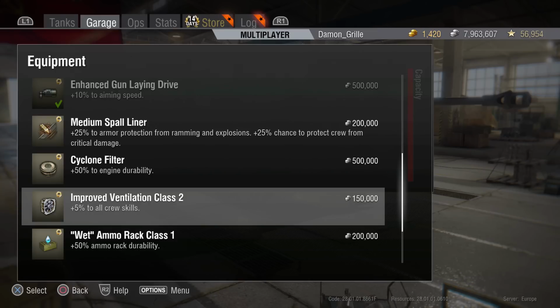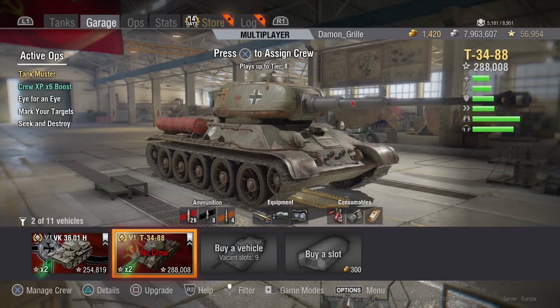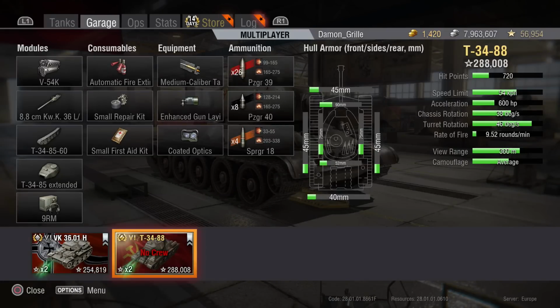You have a 360 meter view range in this, I think, which is pretty decent. It's not crazily good, but it's pretty similar to a lot of the other tier 6 medium tanks or thereabouts. But you don't get any preferential matchmaking in this tank, so it's nice to be able to push that view range up just a little bit, especially if you...